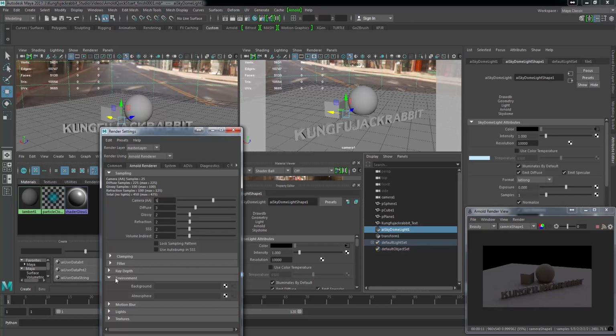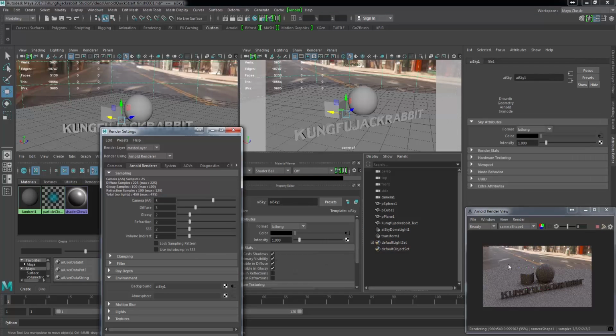We now need to get that background in. So we're going to go under Environment, under the Arnold tab, and we're going to select here, and there's the AI sky that we already created. As soon as we pick it, boom, we pop that in, and you can tell that it changed the lighting again. The lighting just keeps on getting a little more detailed as it's getting the reflections to be different,